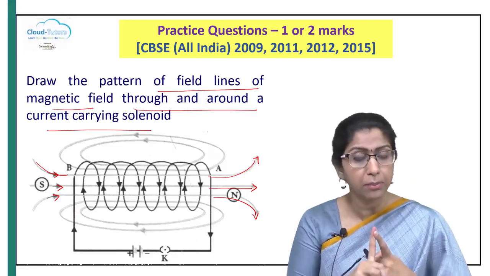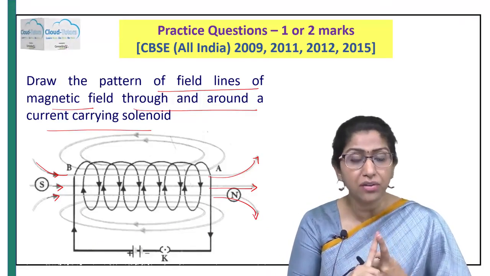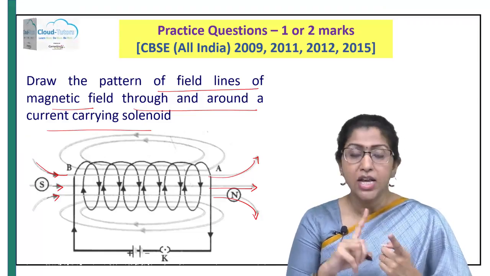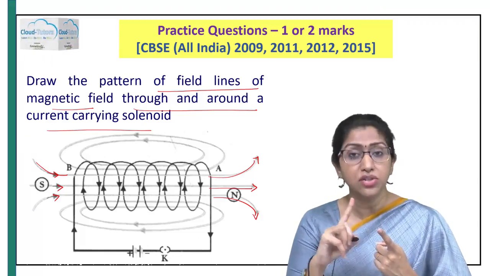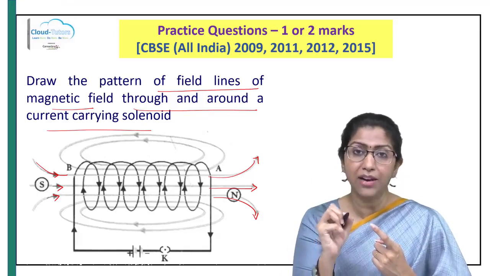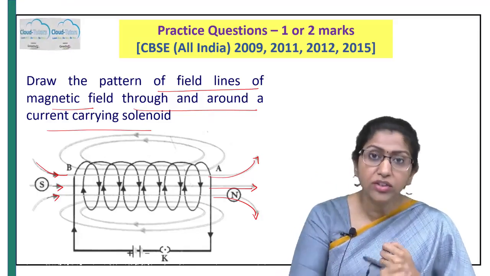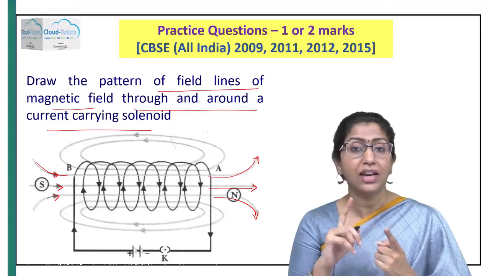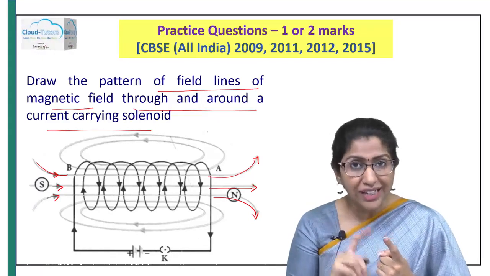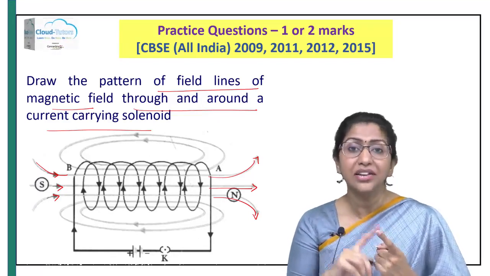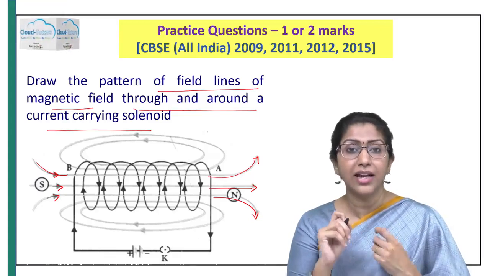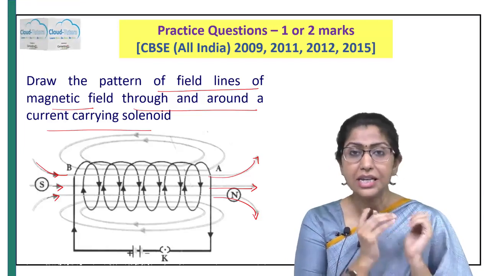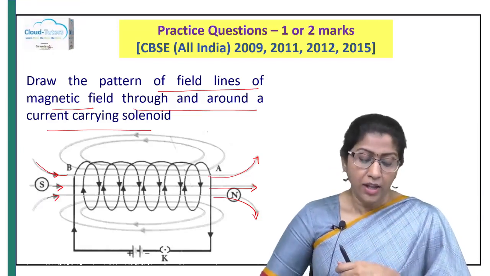That is also an important point to remember while you're drawing the pattern of the magnetic field lines around a given magnet or an electromagnet. The lines have to show that, or the arrow marks have to point from north to south pole of the given electromagnet or a bar magnet. If you are ever asked to draw the magnetic field lines pattern for a given electromagnet, please remember that the direction of these lines has to go from the north pole of the magnet to the south pole of the magnet. All right. Now,